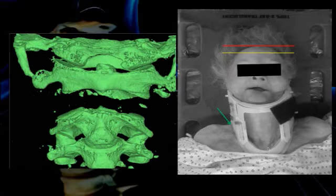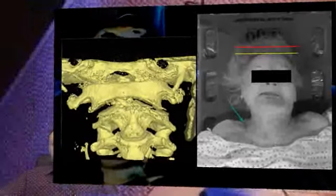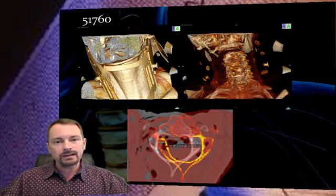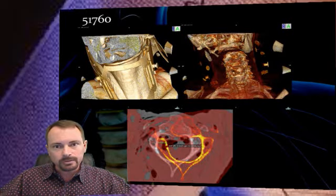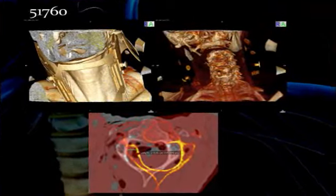Well, now they put the three-dimensional reconstructed tomography next to it so you can see exactly what's happening to this patient's cervical spine. Picture speaks 1,000 words, right? Now, here's the twisting. Now the head is restrained and the body is now twisted a little bit, and you can see that by the upper pictures there. Now, let me show you the upper right-hand picture so you can see, again, the distraction that's being caused in